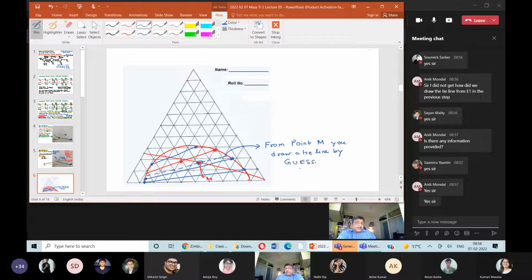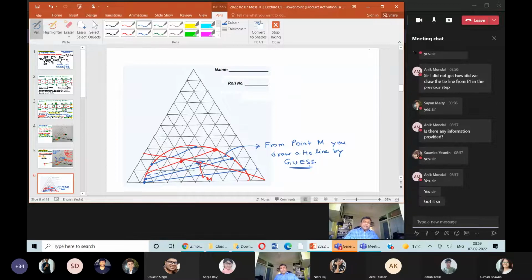I really like the question Shoumik asked and now Onik is asking. These are practical problems. If you think very carefully, these are the problems you will encounter. Everybody got carried away and kept saying yes to whatever I was telling, right? So we look at point M and draw a tie line. But from an execution point of view, how do you draw the tie line? You draw the tie line by guess, right? So that is clear to everyone, and Onik to you also.